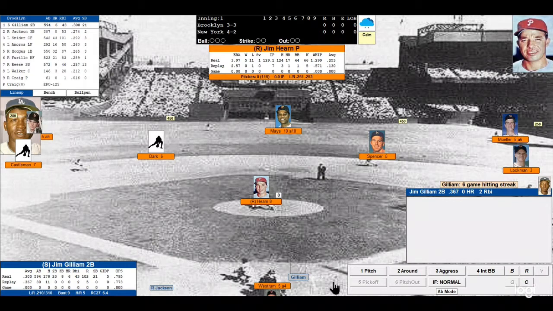This is Kent Blaylock with SDG Replays, and I'm continuing in my replay of the 1956 baseball season using three different computer simulations. Today we'll be using Action PC, and then I will be picking up games using also PC Replay and Digital Diamond. And today's matchup is going to find the Brooklyn Dodgers facing off against the New York,